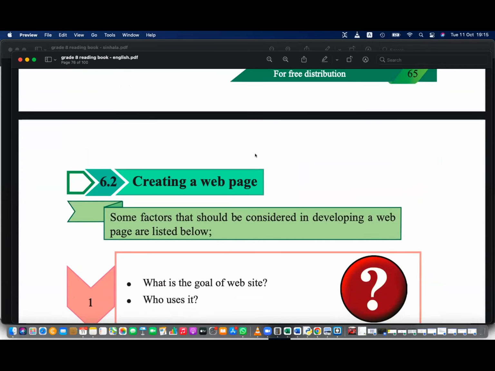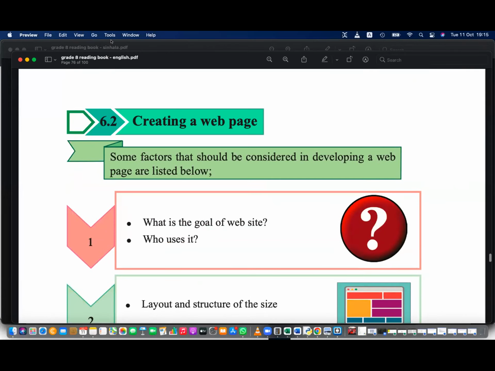A web browser is a software which is used to access web pages, right? We learned about that. Okay, then we learned about